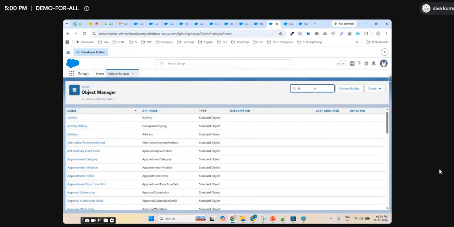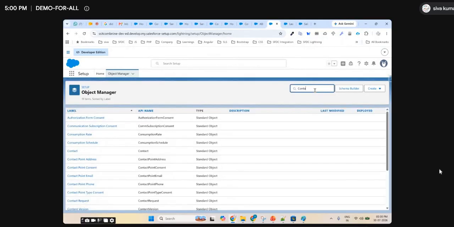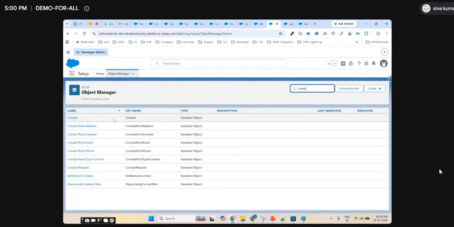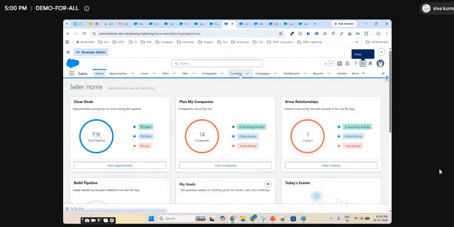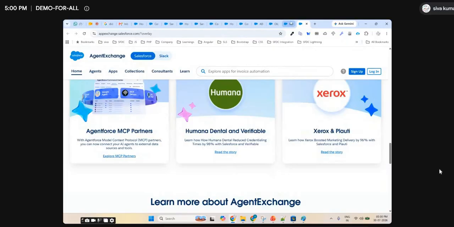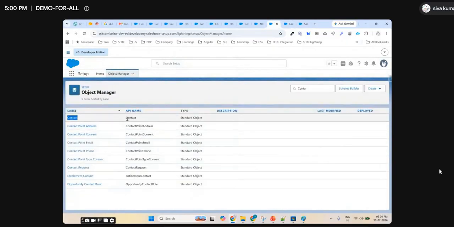let me search for account. Sorry, I will search with contact, right? So see, API name, contact is a label, the label you see here on the tab, right? Here, contacts, the tab, that is a label. We'll call this a label. And the API name is the backend field. That means how they use it in the backend is the API name. And see here, standard object. Standard means out of the box. It came with out of the box.